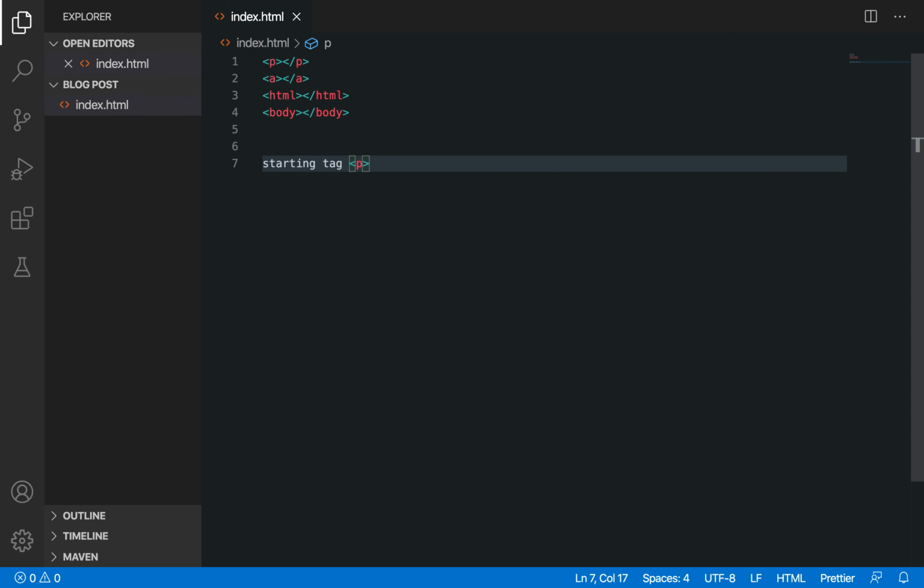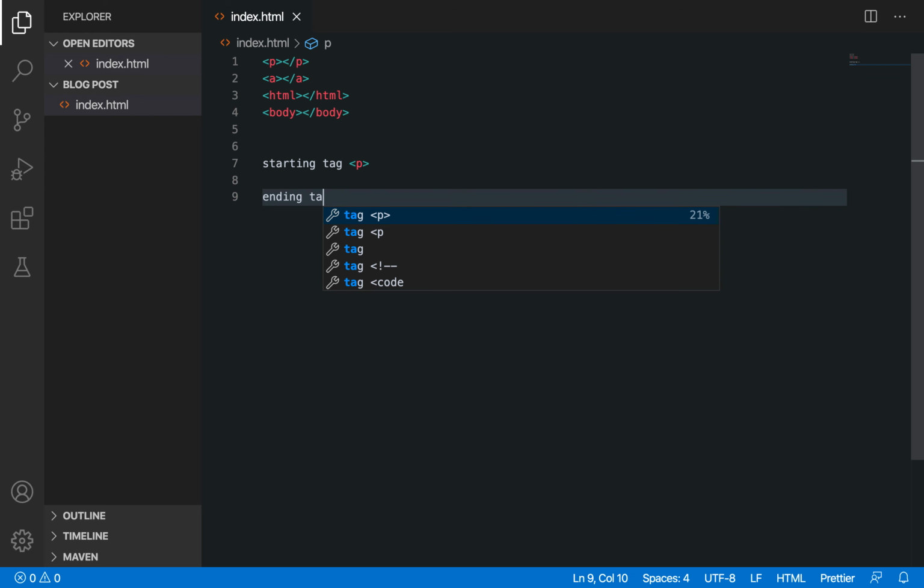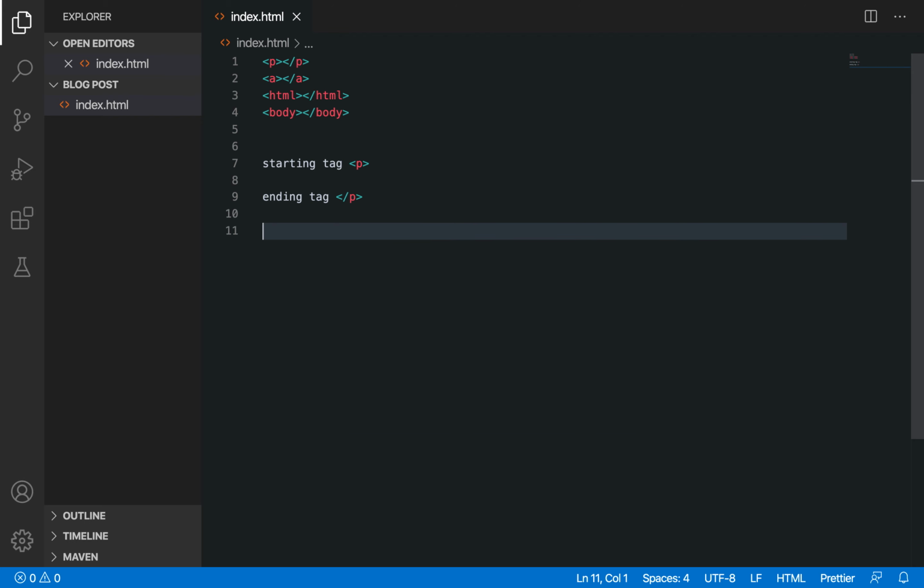And then there is something called ending tag, okay. So what does ending tag look like? It's just same as the starting tag, with only difference that it contains this forward slash, okay, in addition to the starting tag. So friends, this is our starting tag and this is our ending tag, and we combine both of these in this way, then it becomes an element, and this is a paragraph element.